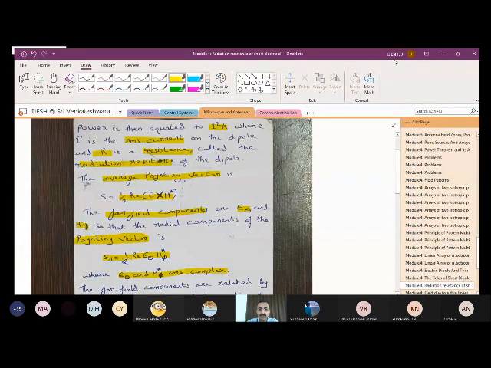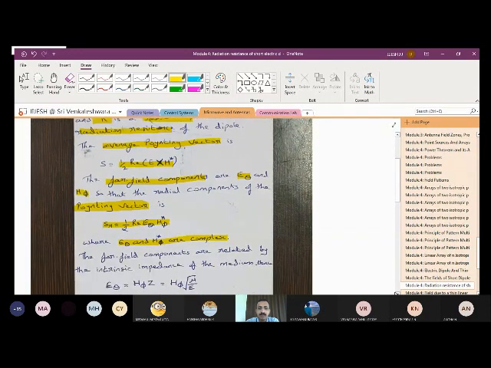So once we understand this, this is an important one, where we are going to see the radiation resistance of a short dipole. Once we understand that S_r is 1 by 2 real part of E theta H phi conjugate, and E theta and H phi conjugate are complex in nature, then the far field components are related by the intrinsic impedance.